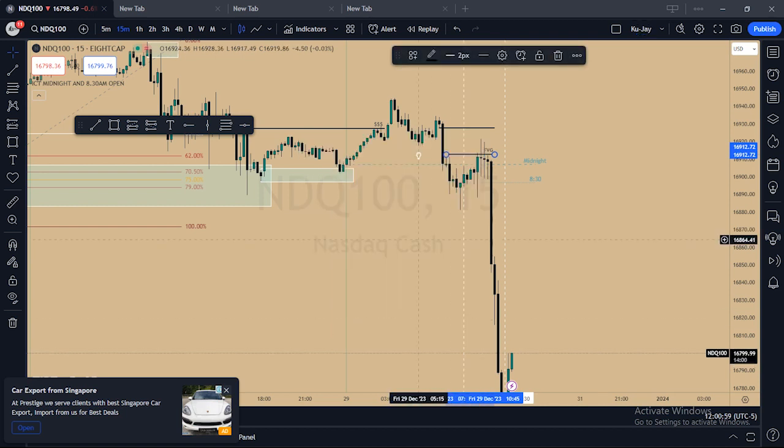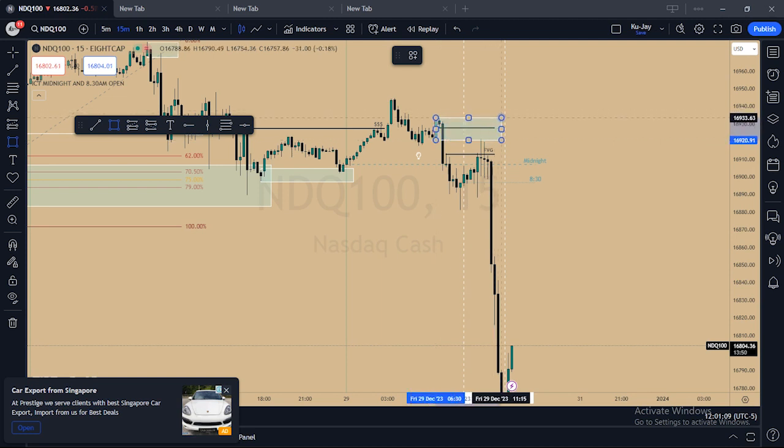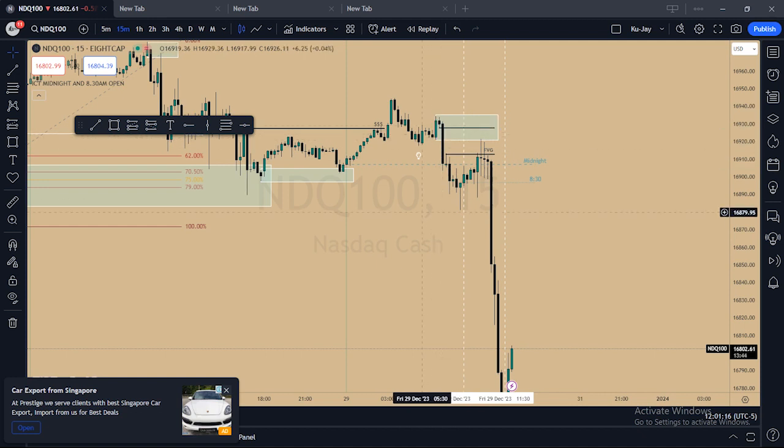I then knew this order block, price was probably going to come for this order block because of this fair value gap. The order block was now supported. Remember, every order block, in order to be a strong one, has to be supported with the fair value gap.